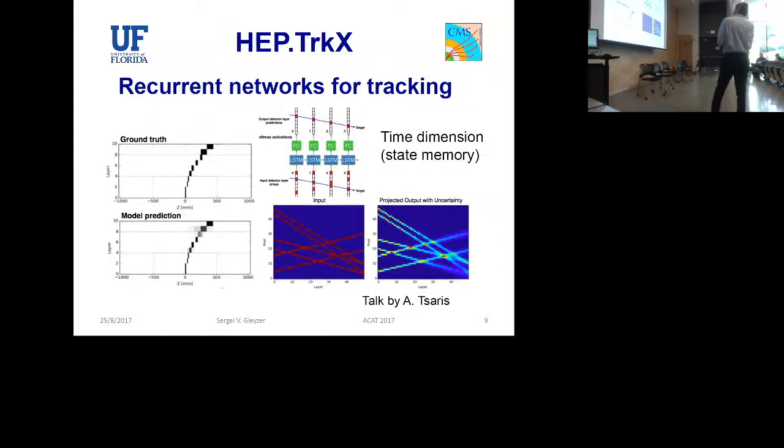This is a cross-inter-experimental project, HEP.TrkX, which uses a different type of architecture, recurrent neural networks, LSTMs, for building up tracks, and some initial results are also quite good. So there's a lot of work happening in this direction. As you know, tracking is a complicated problem. You have a ton of channels, and this is relatively a sparse problem, and so it is well suited for machine learning, where it can have a big impact.